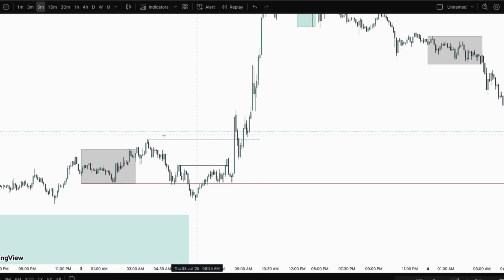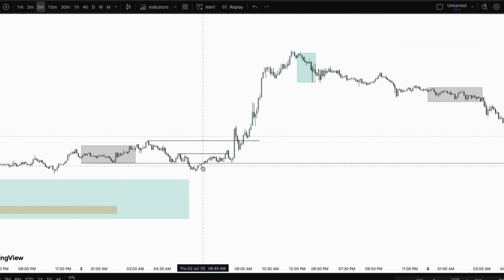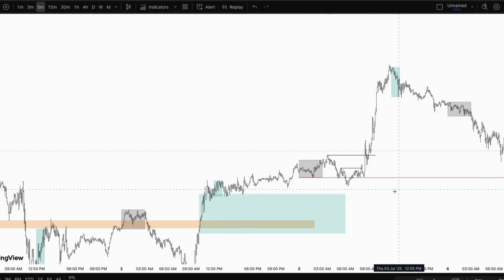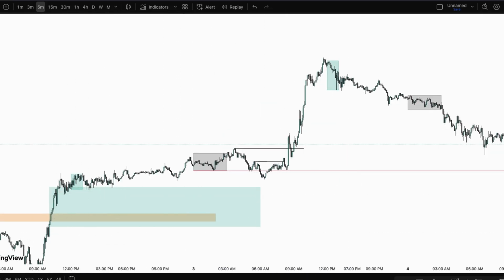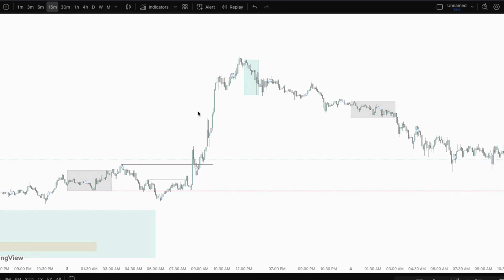You were targeting this high, but let's say you already know that this is where the expansion is starting from. This was the first expansion, then this was the second one. So I said this was where it was starting from. This is where it started from, and you catch the second move. All right. Then if you go on 15 minutes,